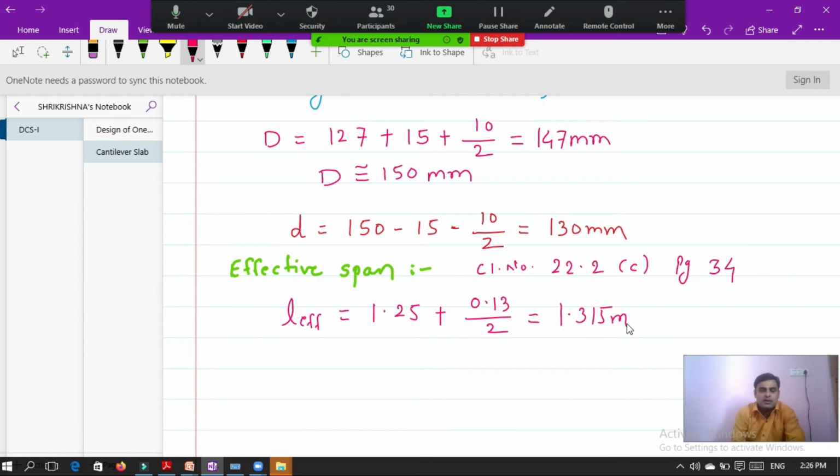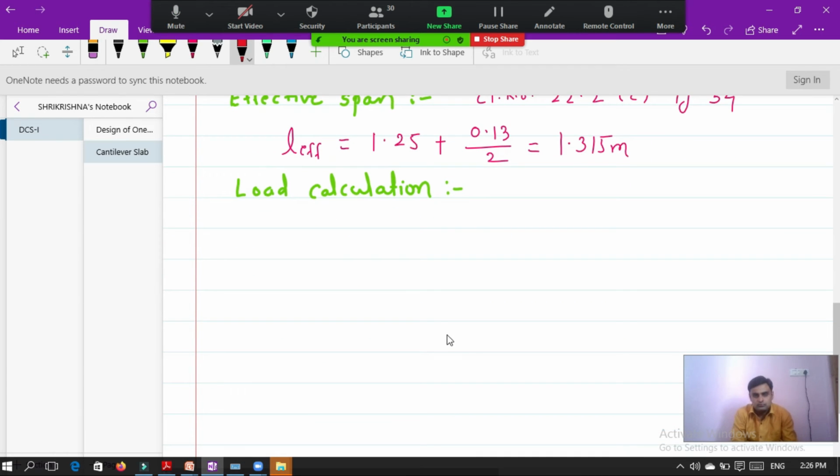Okay. So next is the load calculation. Now in the load calculation, first calculate the dead load observed.